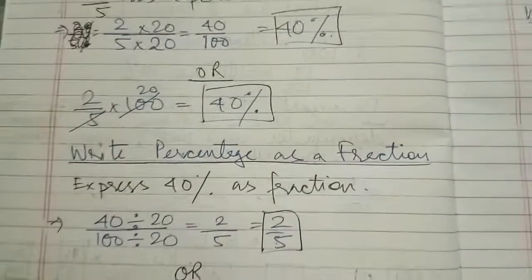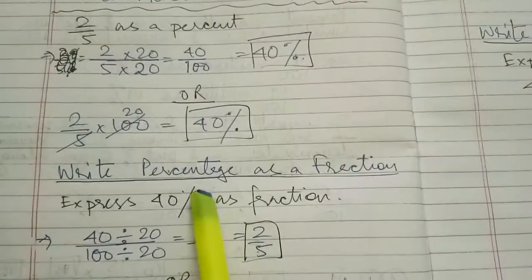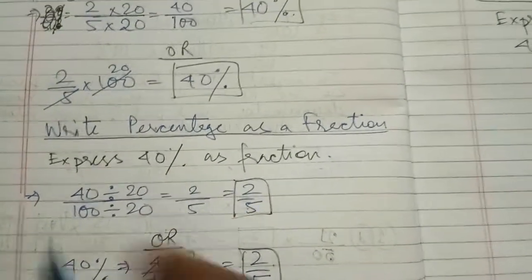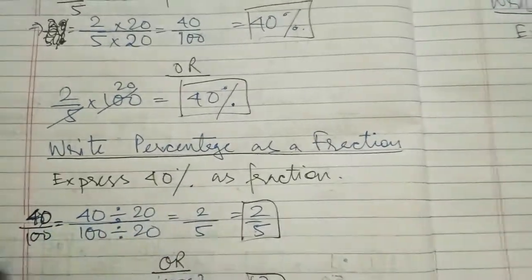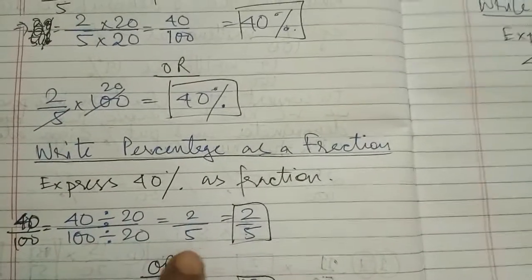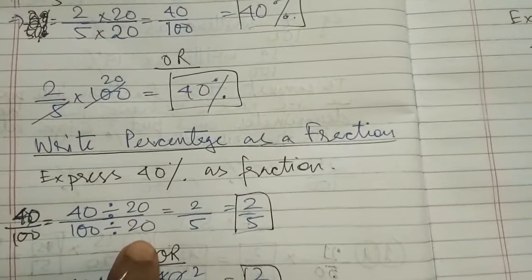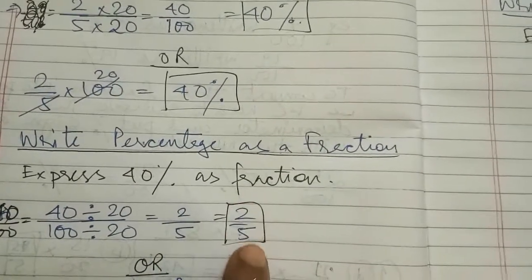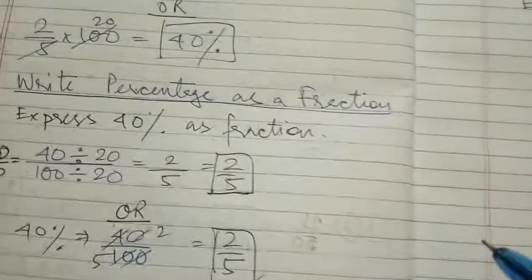Okay. Next we go for writing a percent as a fraction. Now it is just the opposite of fraction to percent. Now it is percentage to fraction. See, 40%, then 40% you write as 40 by 100. You have to divide by such a number that 100 can be divisible: divide by 20, and the numerator is also divided by 20. That is coming 2 by 5. That is the final answer, make it in the box.